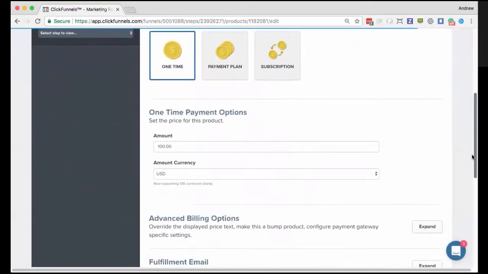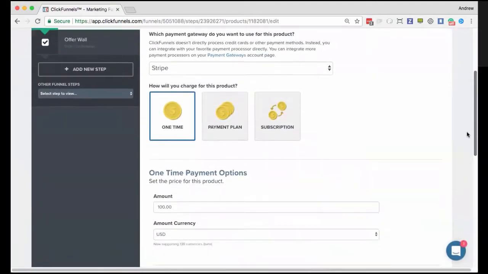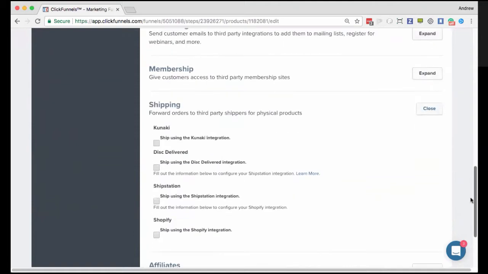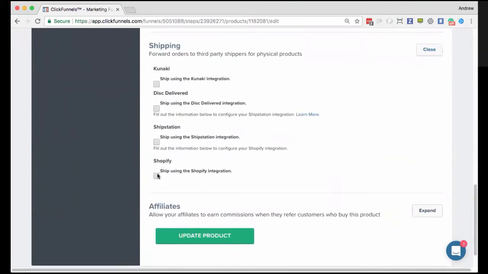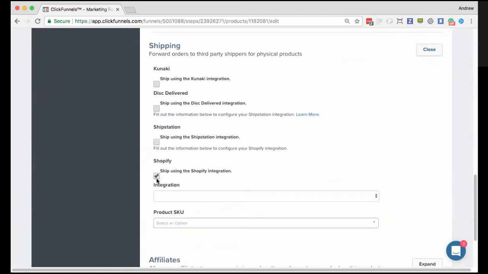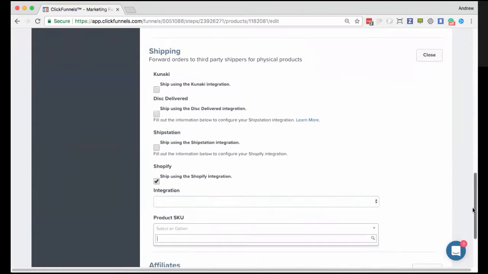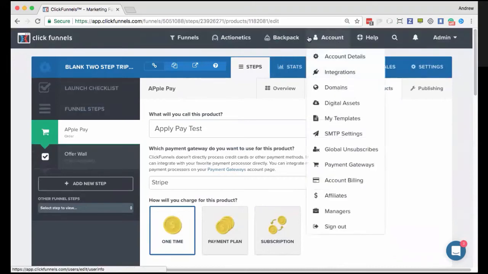Once we've set up our product, this of course would be a $100 product inside our funnel. And then here under shipping, if we expand this out, you'll see that we do have the Shopify option right here, just like we have Kunaki, Distlifford, and Shipstation. So we go ahead and open that up. We can choose the integration that we have, as well as our product SKU that we created inside of Shopify, which I do believe in my demo store I actually deleted.